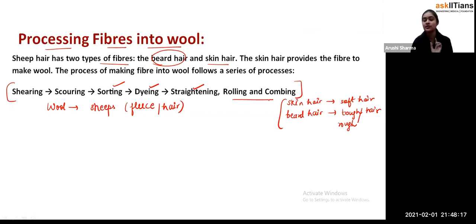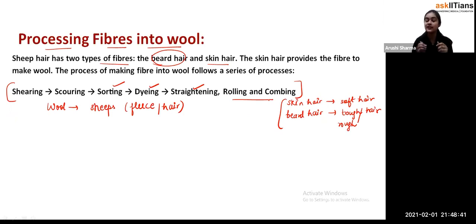If you remember what shearing is, shearing is where we just remove the hair part, the fleece part of the sheep. Scouring is the removing of the dirt particles, the unwanted particles, from the hair of the sheep. After that, students, sorting. Then after that we get different types of fiber,